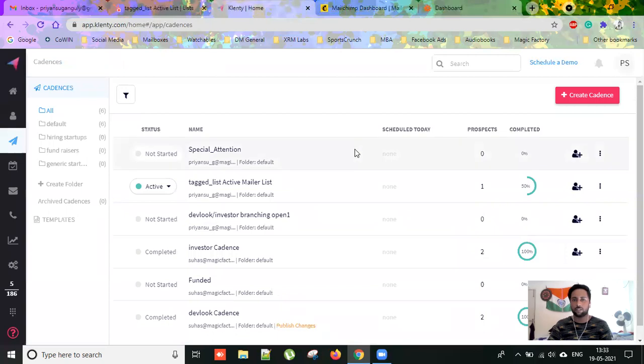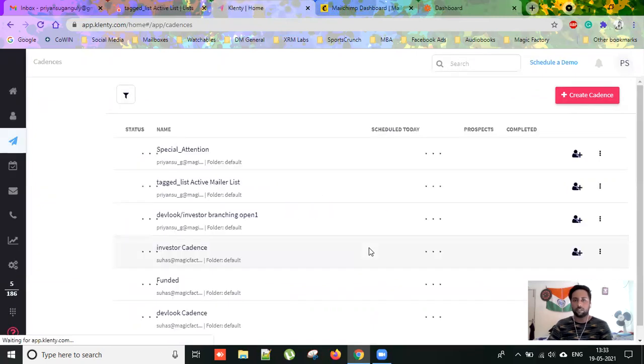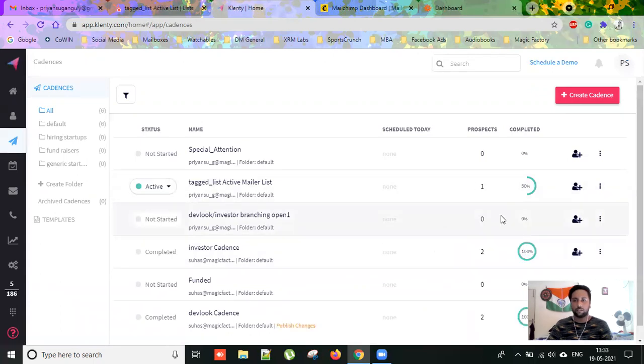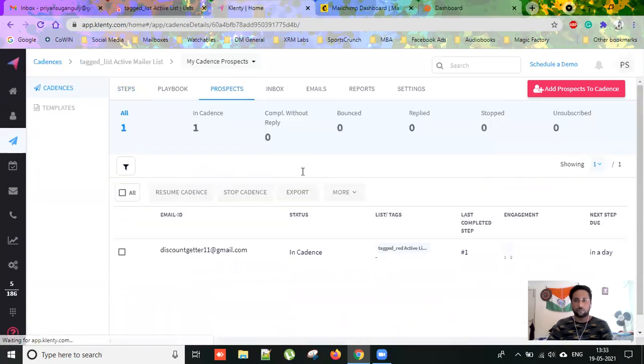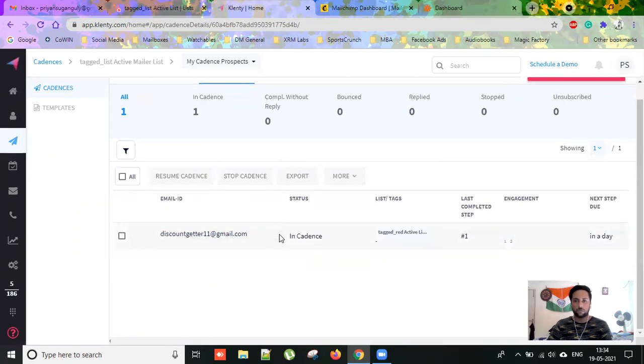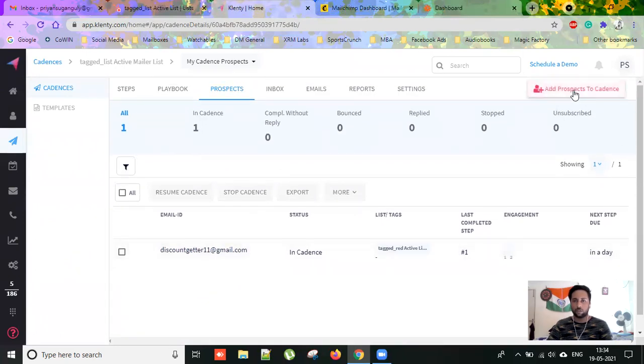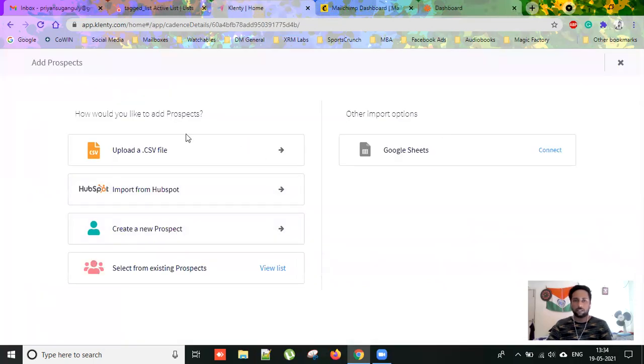The backend works in its own way. The prospect count should be 3, not 1. I'll refresh this page. It could be a Klenty backend problem. That's it. But no, this seems to work. So this is the first mail that's gone out, and let's add a prospect to this cadence, which is basically